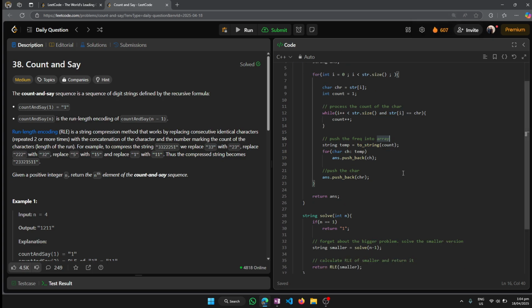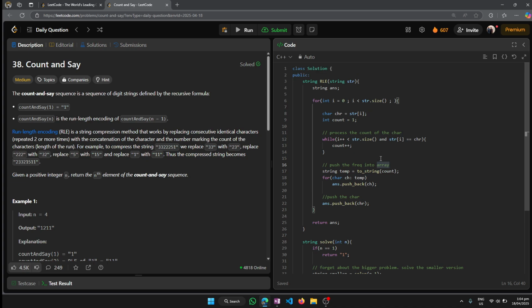We are using recursion, right? Try to think of the time complexity and space complexity that we are using, and do mention it in the